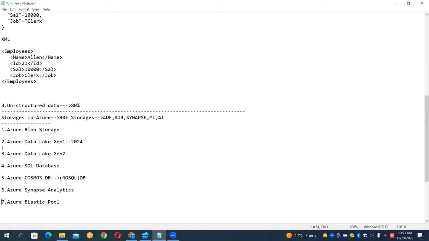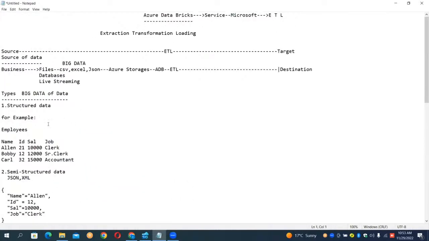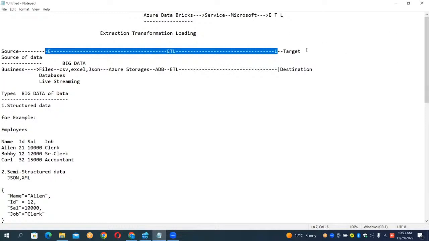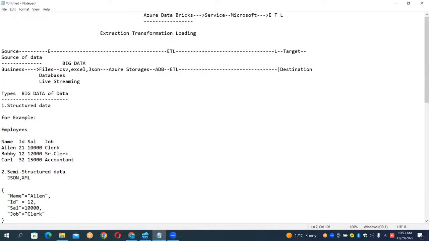For data engineers, what are the requirements, sir? Do we need only ADF and Databricks, or do we need to learn anything else also? No, that is enough. Can you see here? The data engineer job will start here, at the part of extraction, and it will end at the part of loading. You will have many more things to do in this itself. Further, after extraction, transformation and loading, artificial intelligence or analytics will be applied, and so on, by the data analyst.